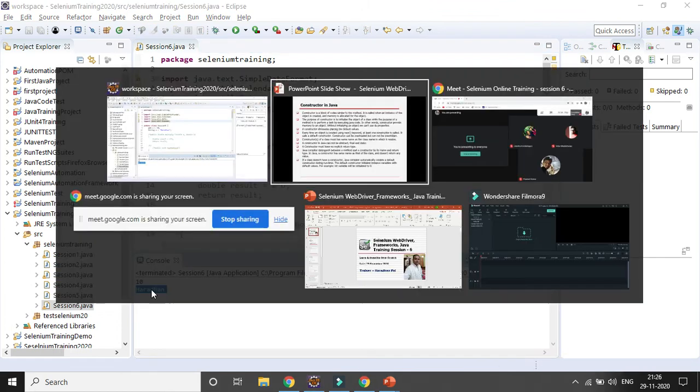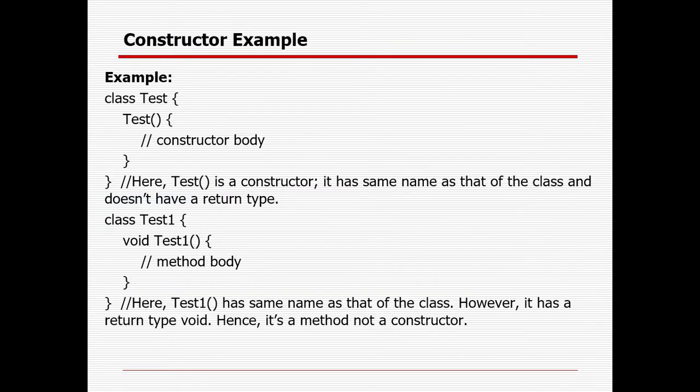Okay, so what is the definition of a constructor? It should be the same as the class name. This is the class name and this is the constructor name. There is no return type, only the constructor name. Here I have kept the class name as the method name, but a return type is there. That is the reason it will be a method, not a constructor. So the constructor name should be exactly the same as the class name, without a return type.